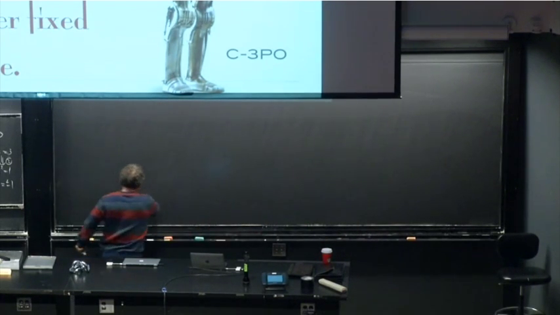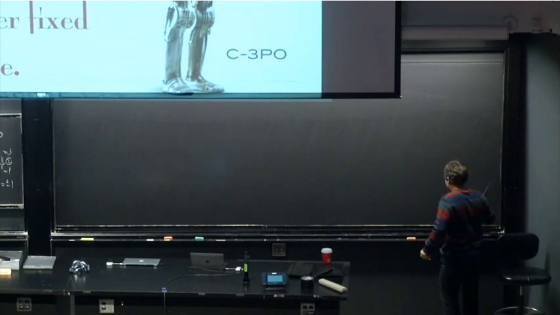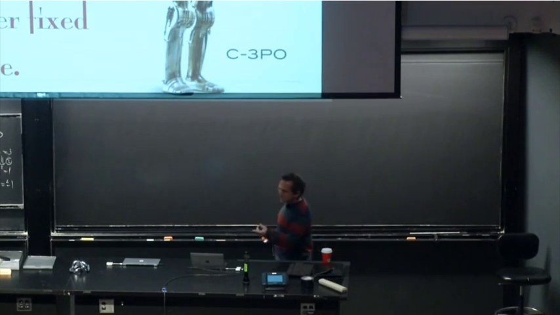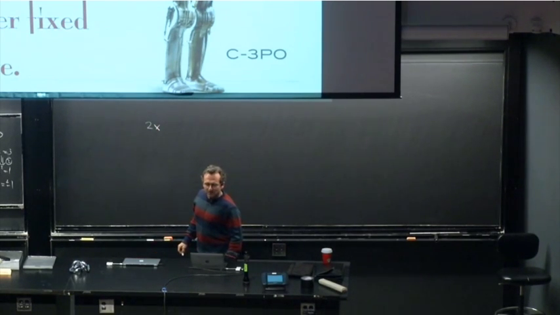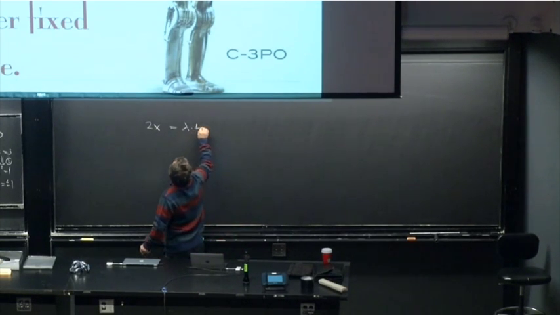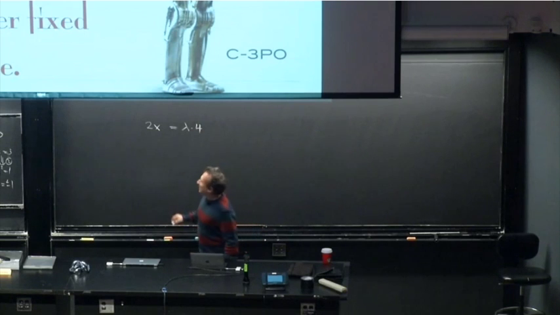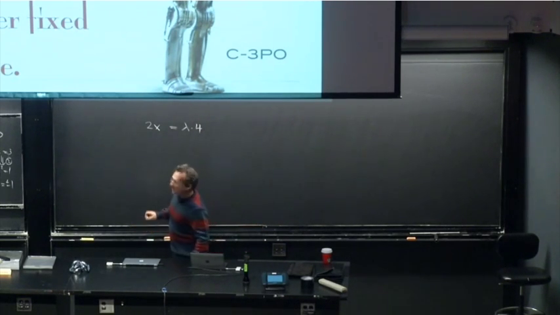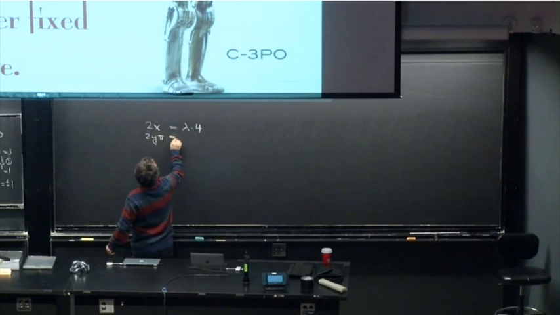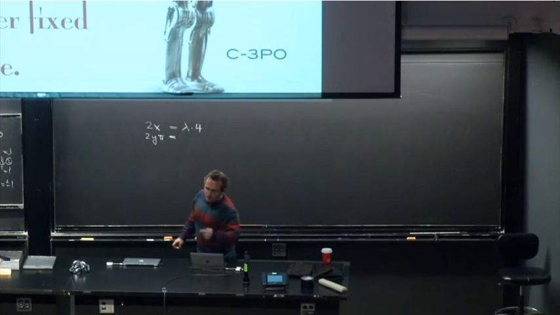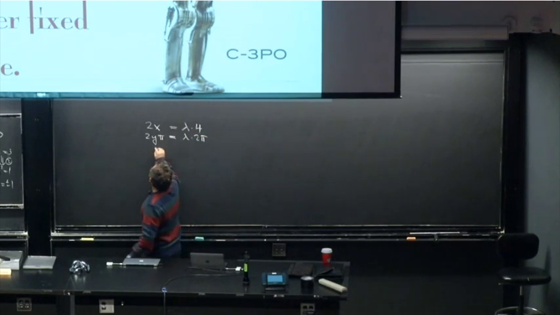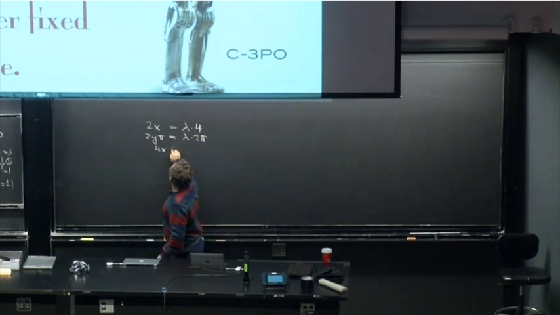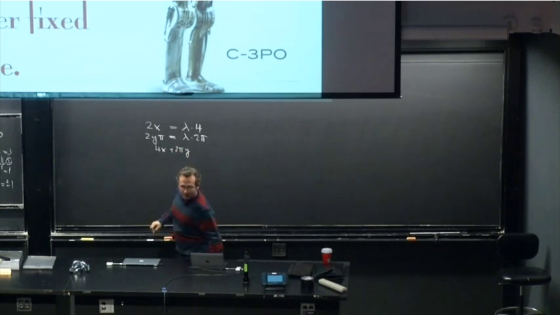So let's see. First of all, you have to remember the Lagrange equation. So we have to take the gradient here. So fx, which is 2x. So we can write down the Lagrange equations. Fx is equal to lambda times gx, which is lambda times 4. And then we have Fy, which is 2y pi, and then lambda times 2 pi. And always write down also the constraint, which is 4x plus 2 pi y is equal to 1.